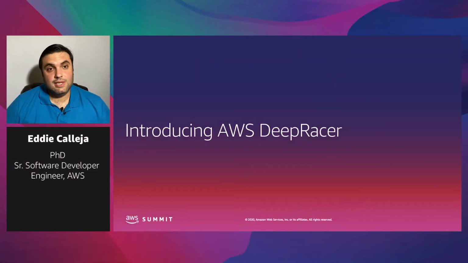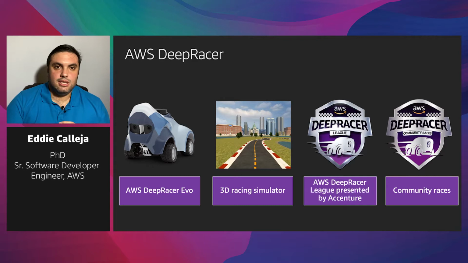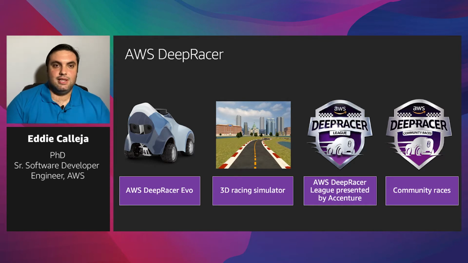Cool. So that was just a taste of some of the action that we've seen, with AWS DeepRacer, people at the track training their models and really getting after it. To answer the question of what is AWS DeepRacer, it really breaks down into three components. The first is the actual physical device. And we wanted to bring machine learning literally into your hands because there's just something so cool about actually grabbing that AI.